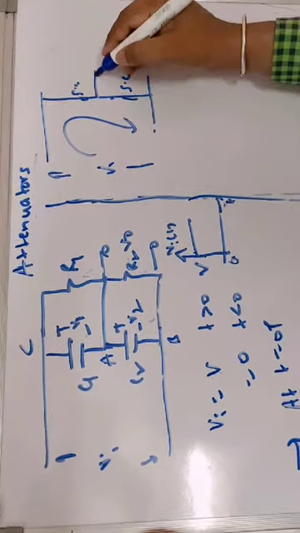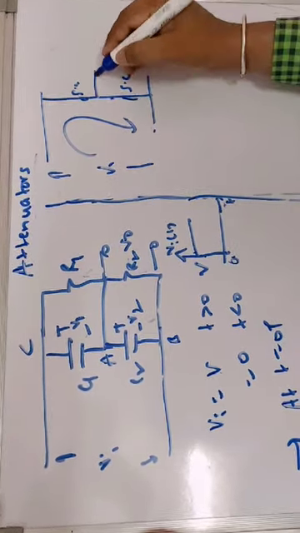So the current I of t is an infinite current flowing through this circuit, and the charge will be represented as the integral from 0 minus to 0 plus of I of t into dt. So this is the charge representation. And what is the voltage representation just after closing the switch? Now the capacitors start storing the energy. Applying KVL to this loop, it is written as VA is equal to V1 plus V2.